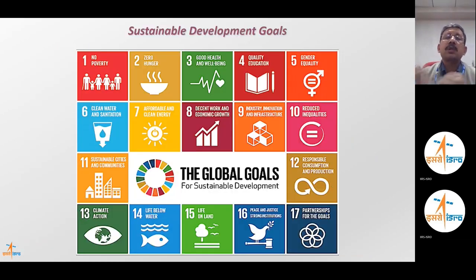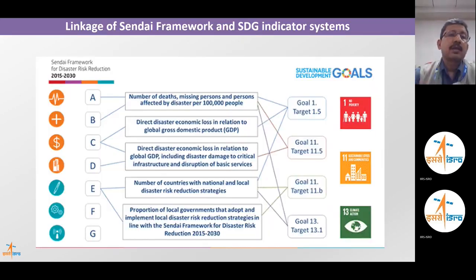So the sustainable development goals, which were also formulated in 2015, basically take a lot of inputs from the Sendai framework. And how they are related, I'll just show you in this slide, which identifies the aspects like number of deaths